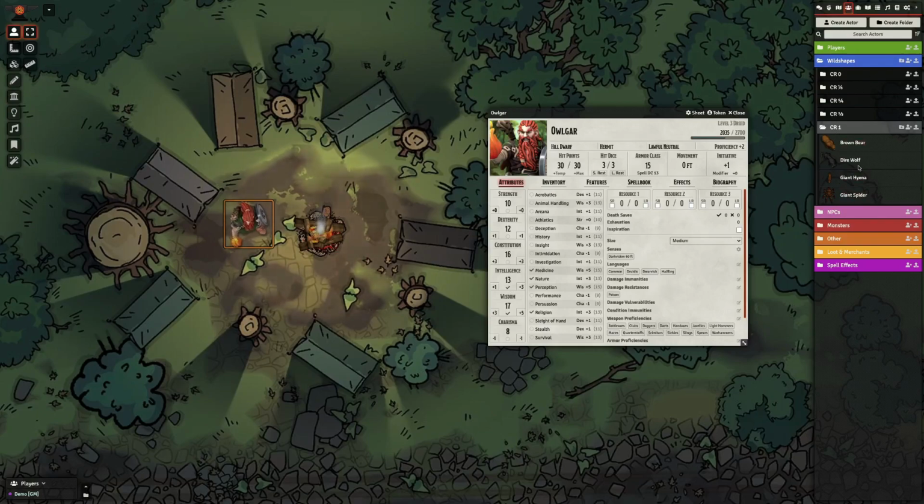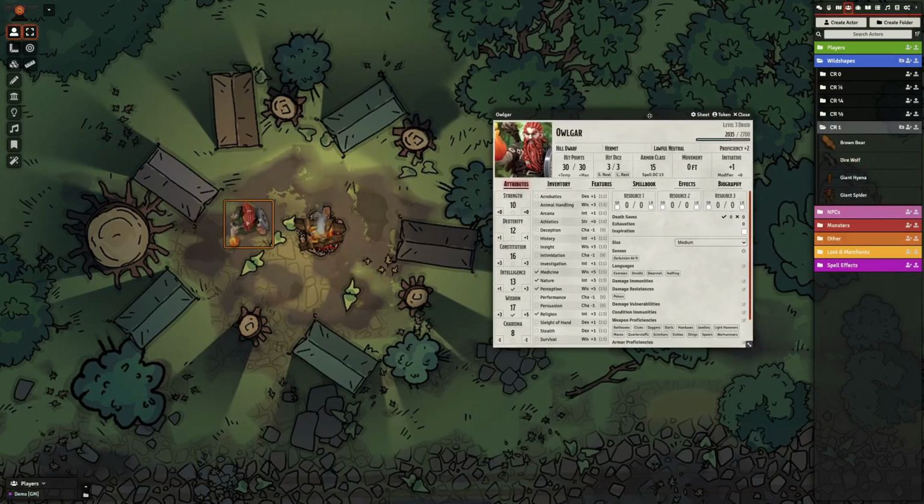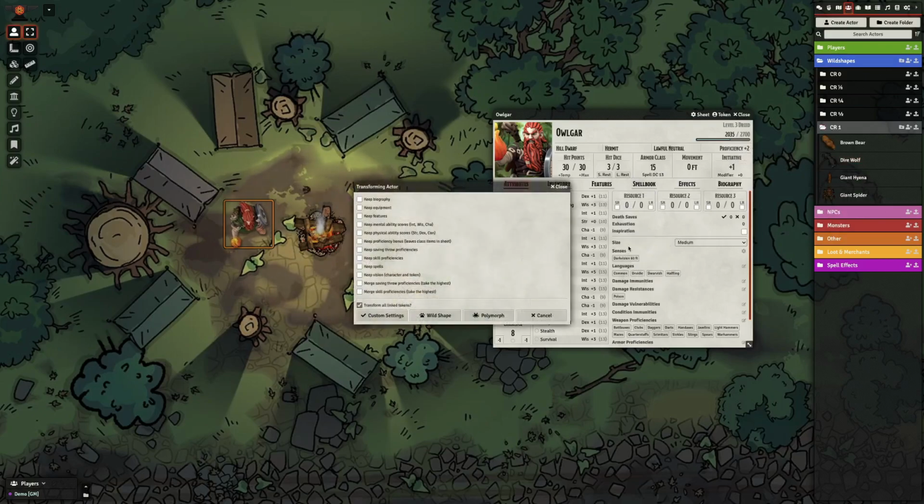So I have a bunch of wild shape actors ready to go. I have the target's character sheet open. It doesn't really matter what page you're on. And you drag an actor and drop it onto the sheet. It pops up a window. In here, there are checkboxes you can tick off depending on the specific kind of effect you're